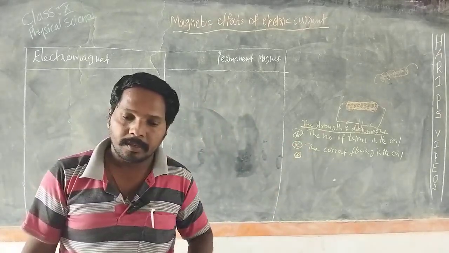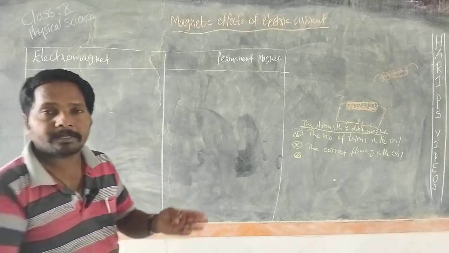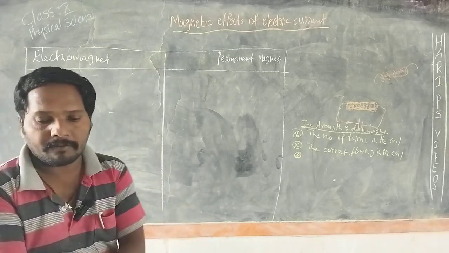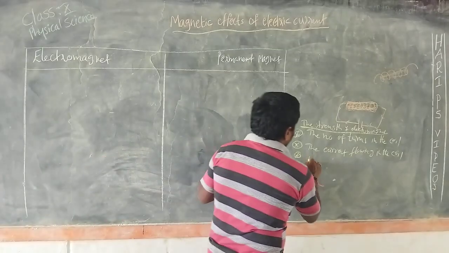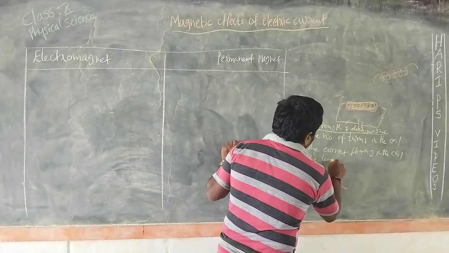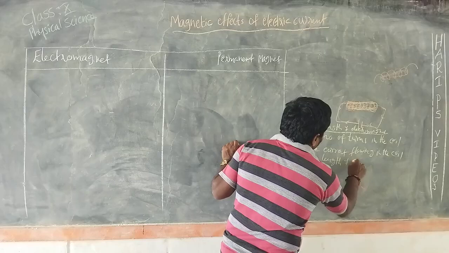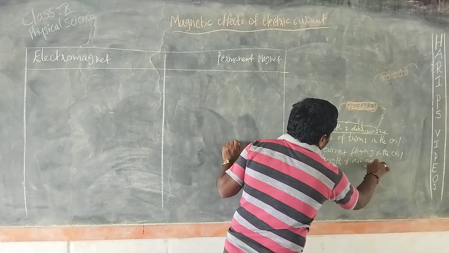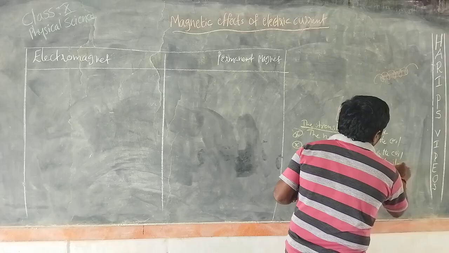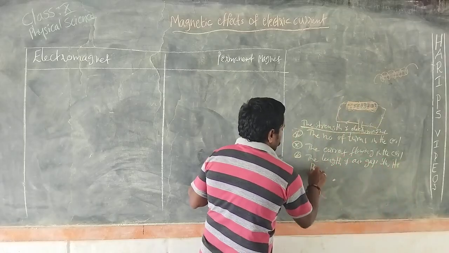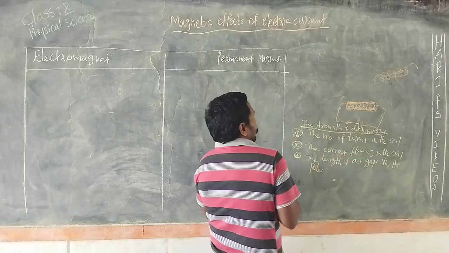The third factor is the length of the air gaps between its poles. The length of air gaps between its poles. For example,